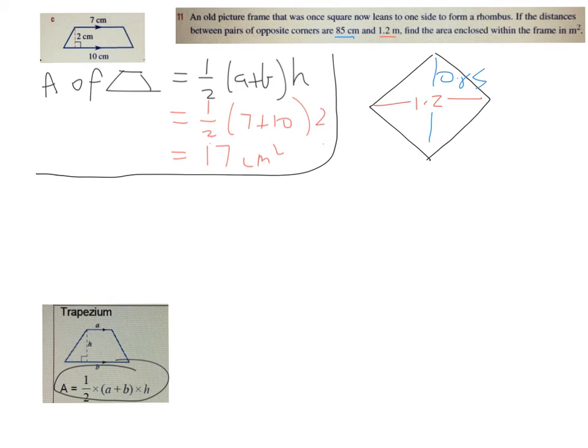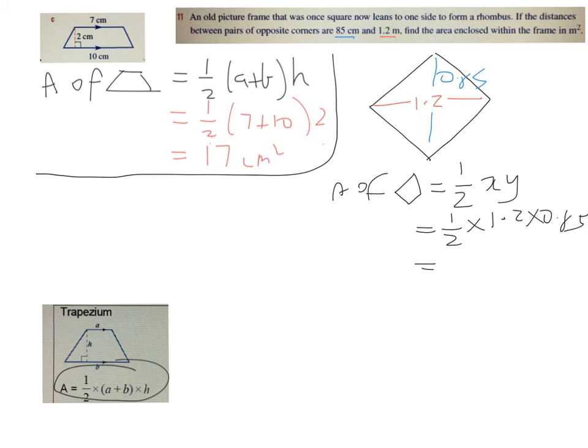0.85. Now I'm just going to find my formula for area of a rhombus, and it is a half times x times y, which are the two measurements across the middle, or across the two diagonals. So I'll write area of rhombus equals half xy. I won't put in the times, it looks a bit confusing, and if you want to write x, y, and 2, you can do that. So from there we have a half times 1.2 times 0.85,